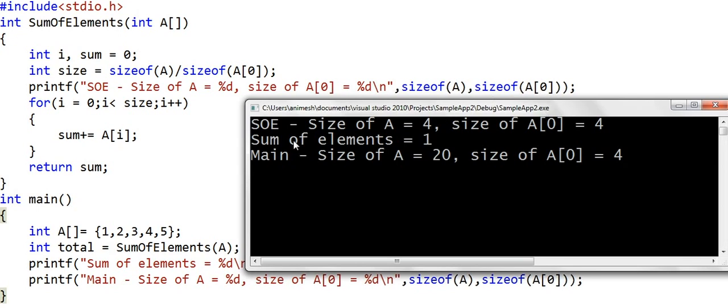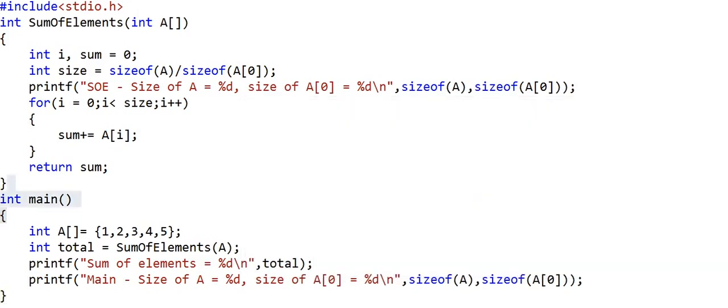In the method sum of elements, size of A is equal to 4 bytes. Size of A0 is equal to 4 bytes. In the method main, size of A is equal to 20 bytes, and the size of A0 again is 4 bytes. To understand why the size of A is 4 bytes in the method sum of elements and it is equal to 20 bytes in the main method, we need to dive deep into how the compiler interprets an